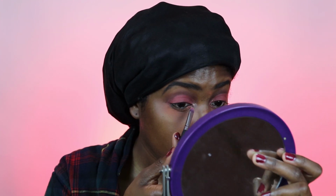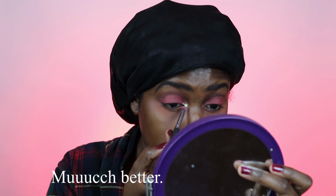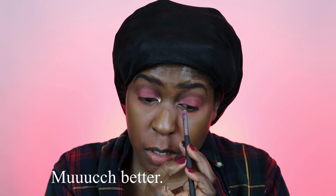So next I'm going to do highlight. I'm gonna choose a different shade. Yeah, now that's color. That's what I was looking for. I think the other shade might have been a highlight. So I'm gonna leave this makeup looking the way it's looking right now, and I'm gonna move on